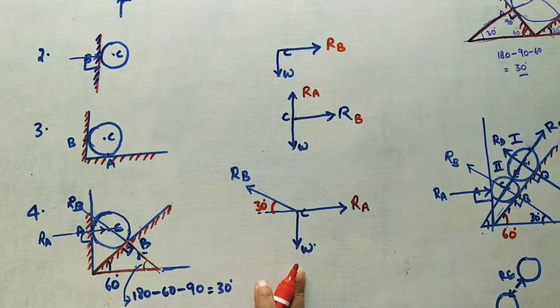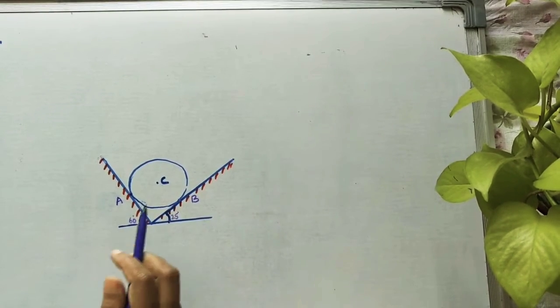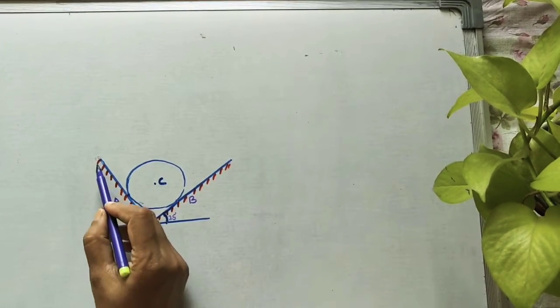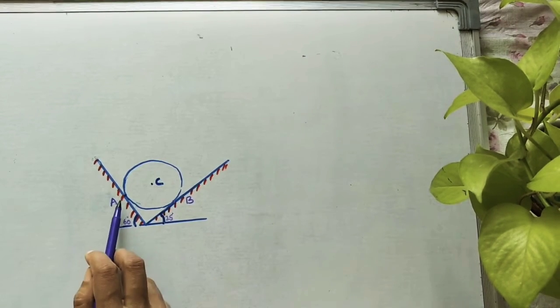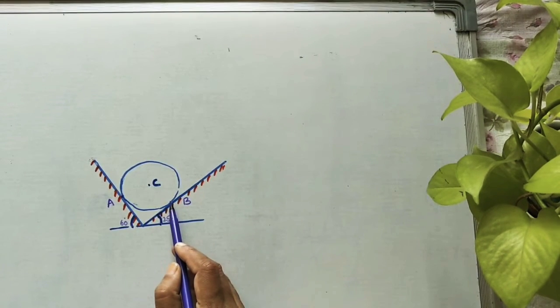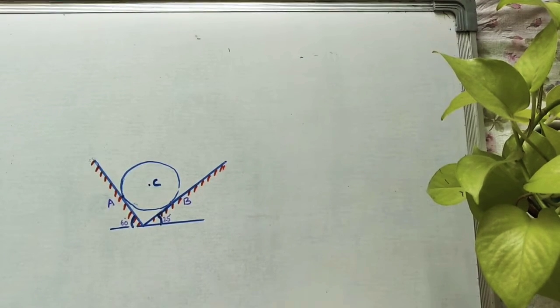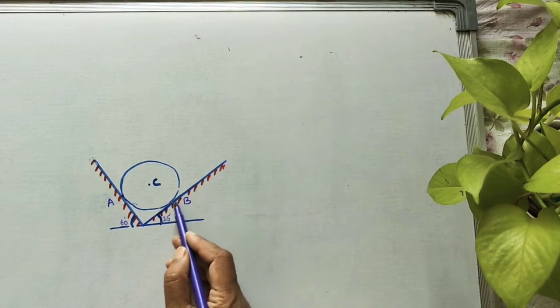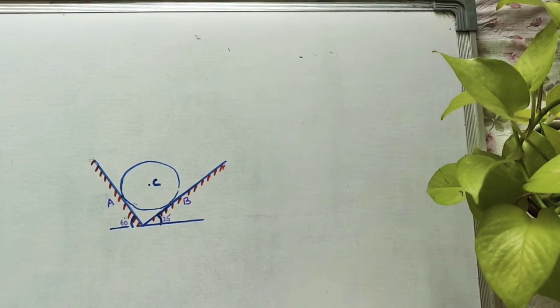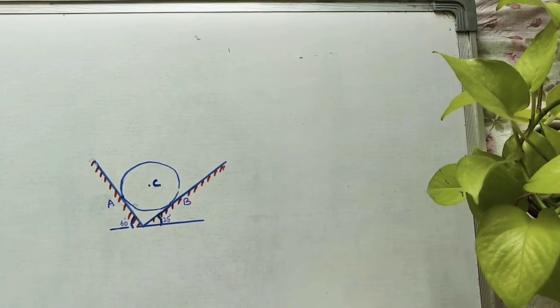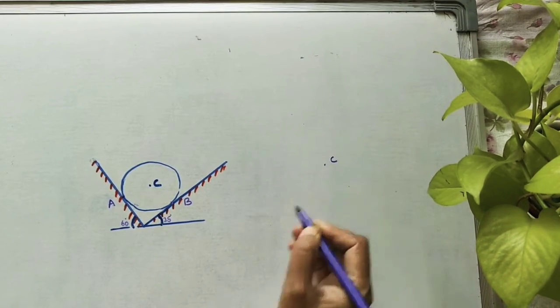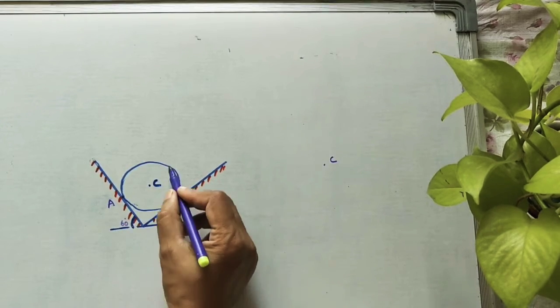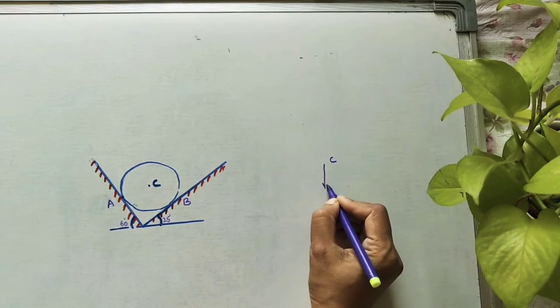This is the FBD diagram for the given slope surface or inclined surface. Here, for this given roller of weight W, it has two contact surfaces: contact at A, and on this surface the contact point for the roller is B point. Now this surface is making 60 with the horizontal and this surface is making 25 degrees with the horizontal. We have to do the FBD diagram. For doing the FBD, first mark the C point. At C point, initially we have to mark the weight of this roller like this.